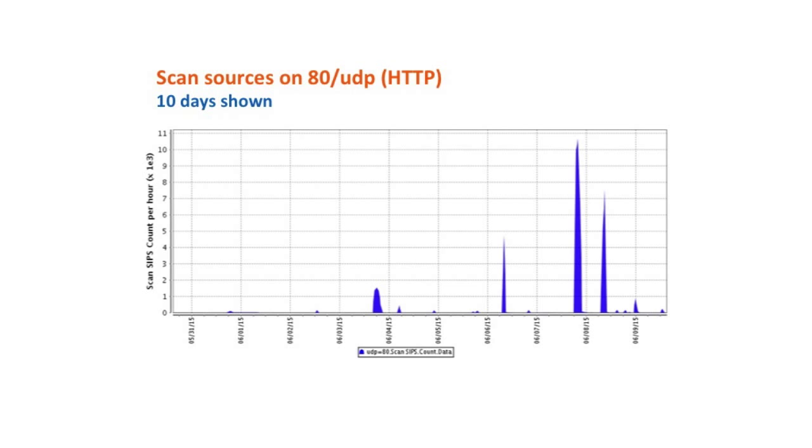It was SNMP reflection activity. So we talked about SSDP, port 1900 UDP, being a potential reflection. And we talked last week about this. I kind of described, so if I'm a bad actor, I can forge a packet. So let's say Matt is my target. And his IP address is